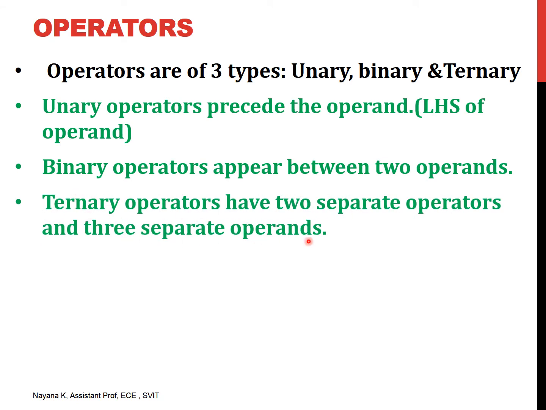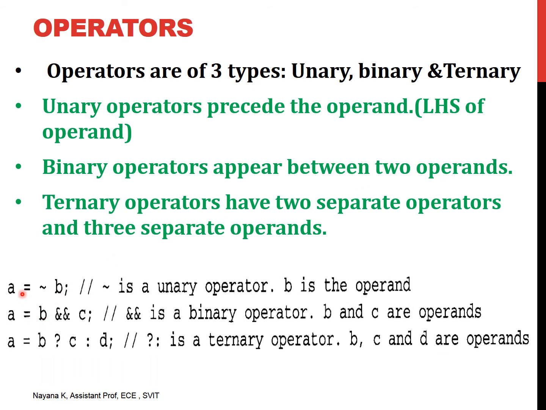So we will understand each of these operators in the further modules about the different types of operators. But what we need to understand here is, a unary operator always appears on the left hand side of the operand. For example, not of A. So not is the unary operator, A is the operand, so it is appearing on the left hand side. If it is a binary operator, it will appear between two operands. So if you look into an example, it's A equal to not of B. So we have only a single operand here. So this is the unary operator, it is appearing on the left hand side.